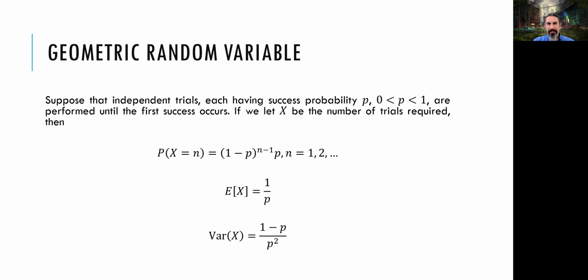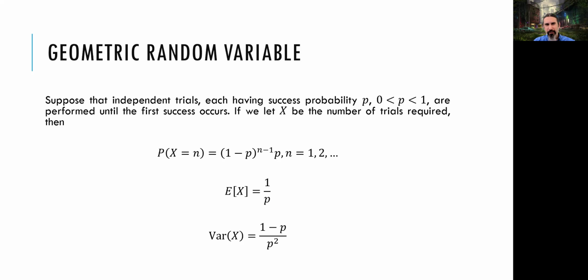Now, the geometric random variable is yet another random variable that we are going to use. And this one is a bit tricky. Not that much tricky, but just a bit tricky. In a geometric random variable, we are again talking about trials, but we perform these trials until we get the first success. When you succeed the first time, you stop. This is simple enough. So we have a probability p of success, a Bernoulli trial once again. And you keep going and going until you succeed one time. That's it.